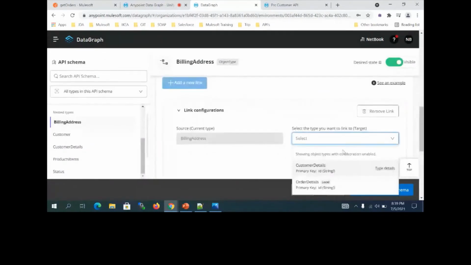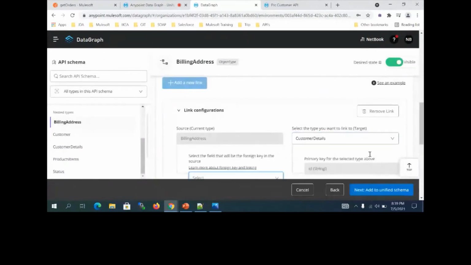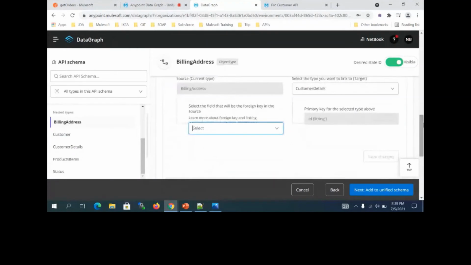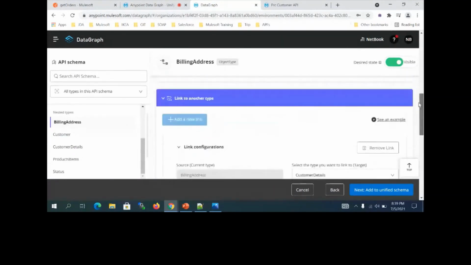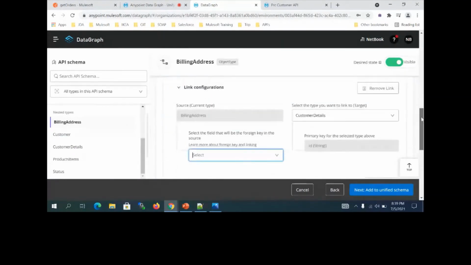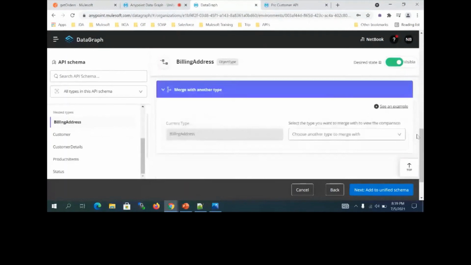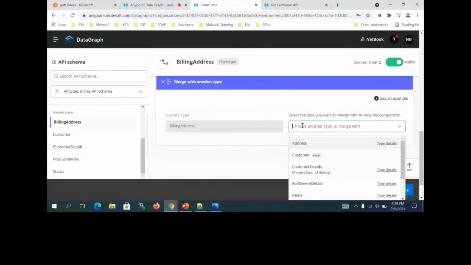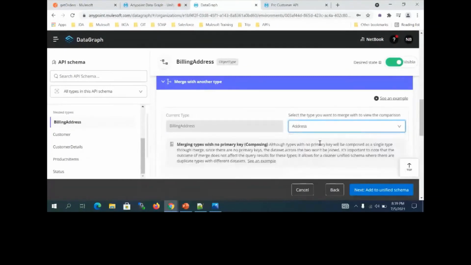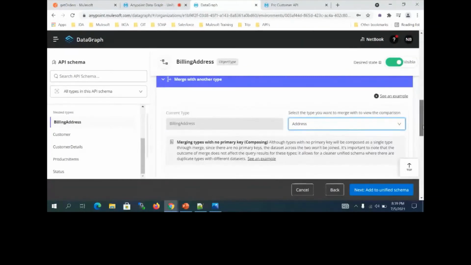My unified schema should have address also. Okay, is it linking? Yeah, it is linking, I'm showing. I don't want to link it actually, I want to merge it. So this is merging. So address here, you can see, this is the address which the unified schema already has.